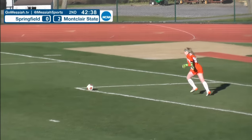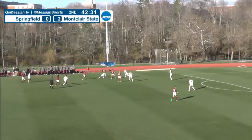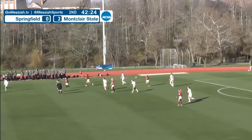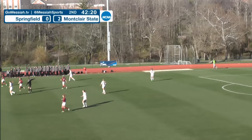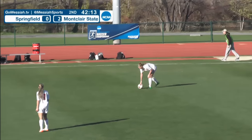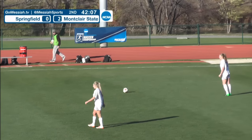Definitely not rolling over here in the second half. That's what you expect from a team that has been here, done that. Like we said earlier, their 9th tournament appearance and their 6th straight. They've been in these kind of situations before. They know how to fight, and that could contribute to their success here in the second half. But they'll need 3 as they trail here 2-0 to Montclair State. Red Hawks ranked 20th by D3Soccer.com. Looking to live up to their ranking, advance to the second round here,